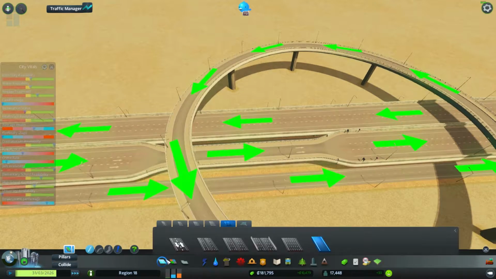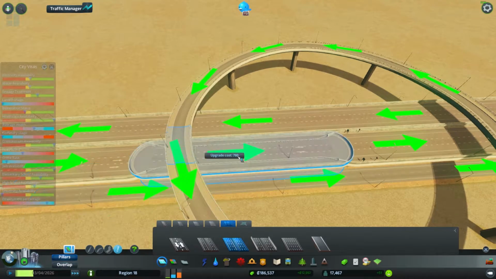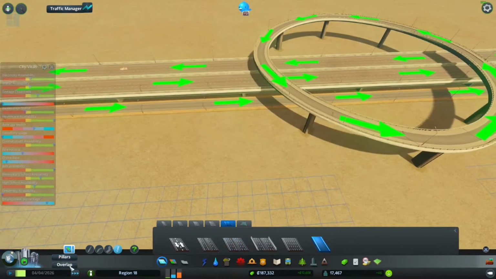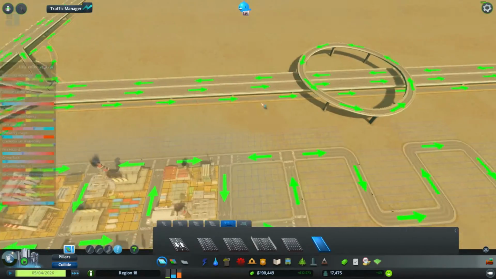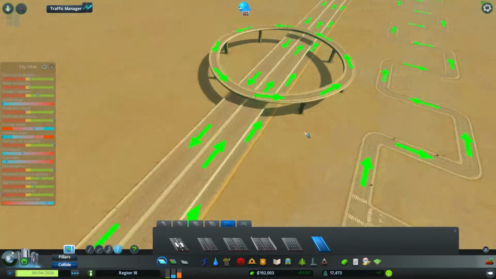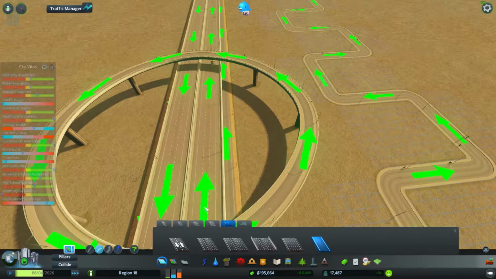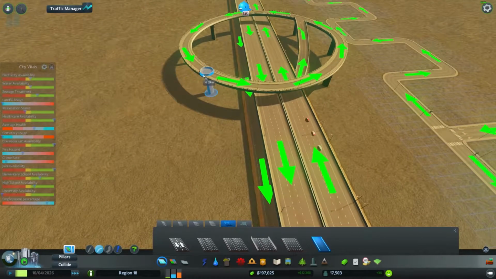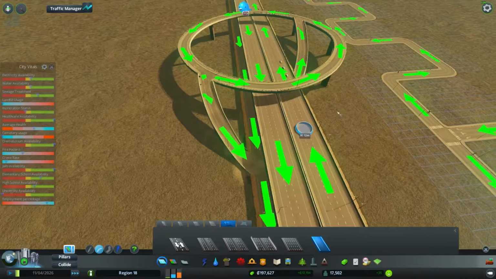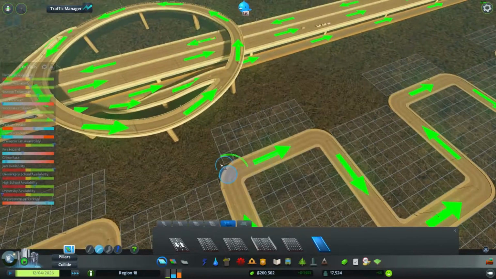So, whoa, whoa, whoa. I don't know what that was. Anyway. So we want people from this side to exit out this side as well. So this one we will hook in from the inside here. Exit on the outside. Then when people enter...